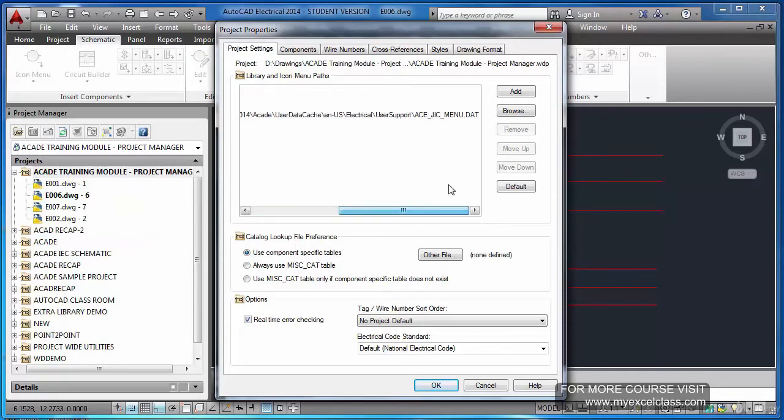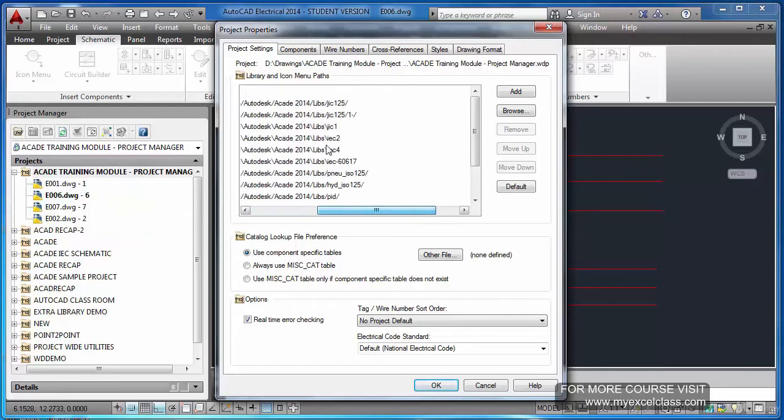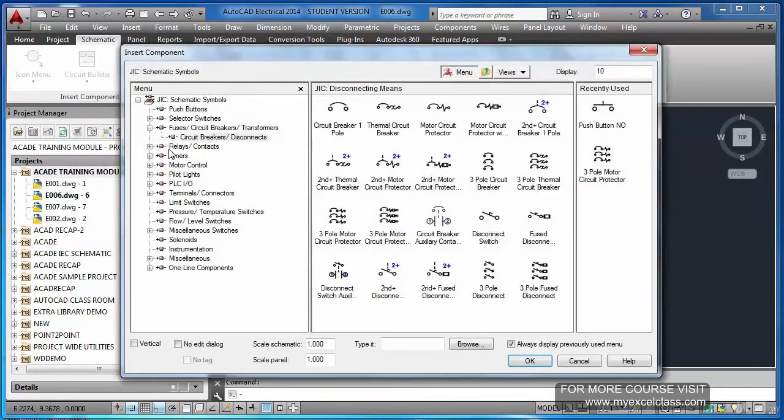So you see the AutoCAD Electrical JIC menu. That is here. And here also, if you see the top one, JIC 125 library. So what I am getting here is JIC symbols. If you want IEC, you have to change it in the project setup. Then you will get the IEC type symbols.